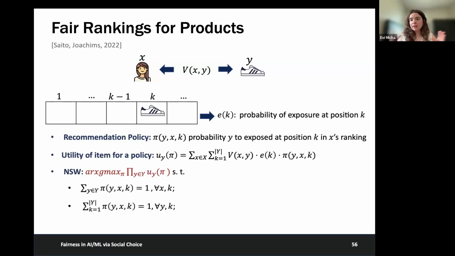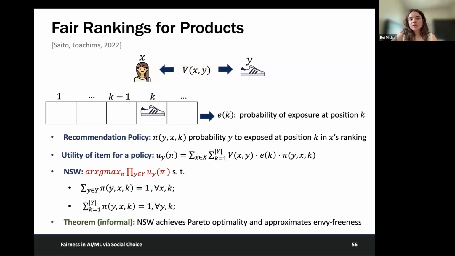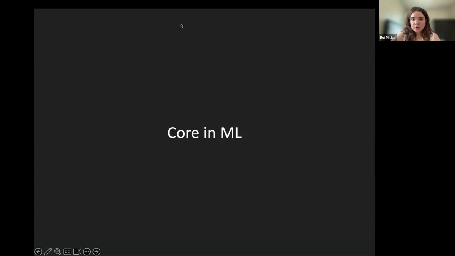And then they saw that if we find the policy that maximizes Nash social welfare, so again maximizes the product of the utilities of the different items, subject to natural constraints, that each item is advertised once to its user, and we have at most one item advertised in each position. They saw that if we maximize Nash social welfare, we actually achieve an approximation of envy freeness. As we saw before, envy freeness is a quite desirable notion of fairness. And here we see that if we maximize Nash social welfare, we get an approximation of envy freeness in rankings. All right, and with this, we concluded the part of